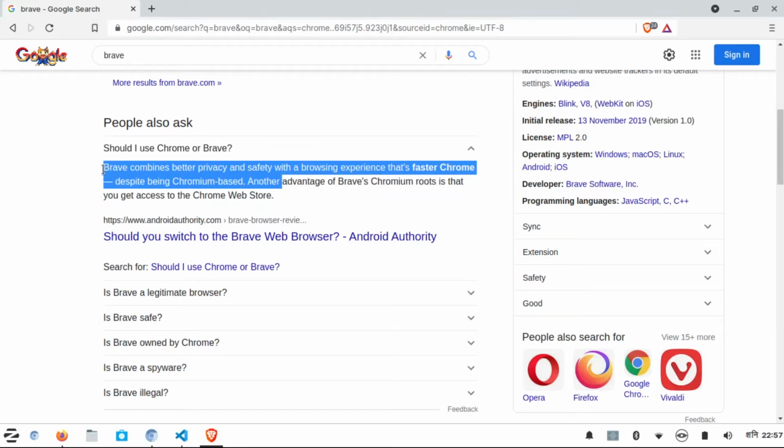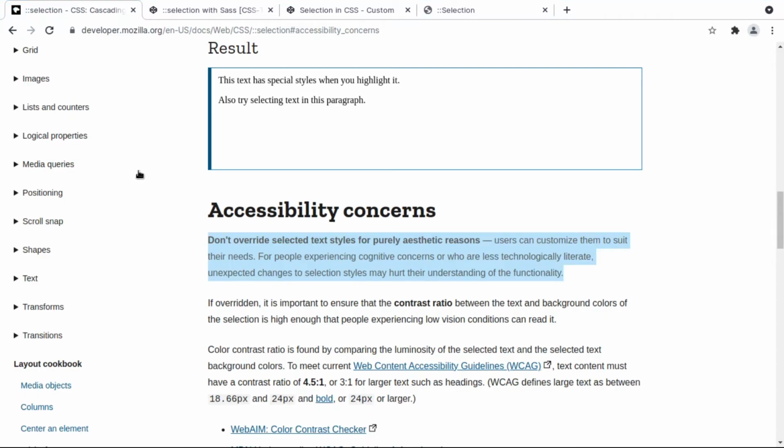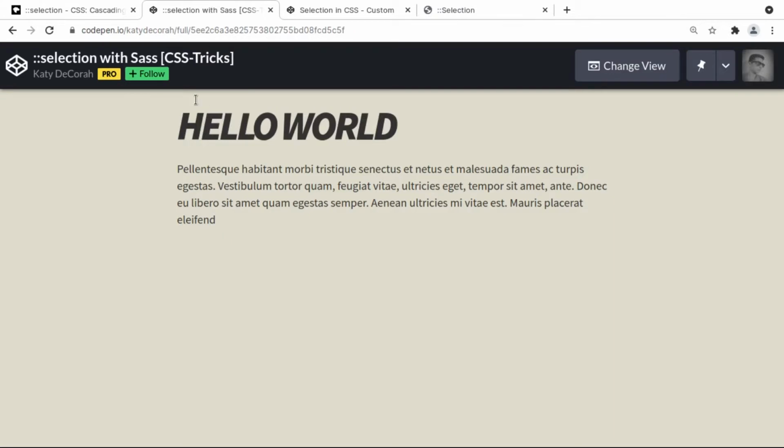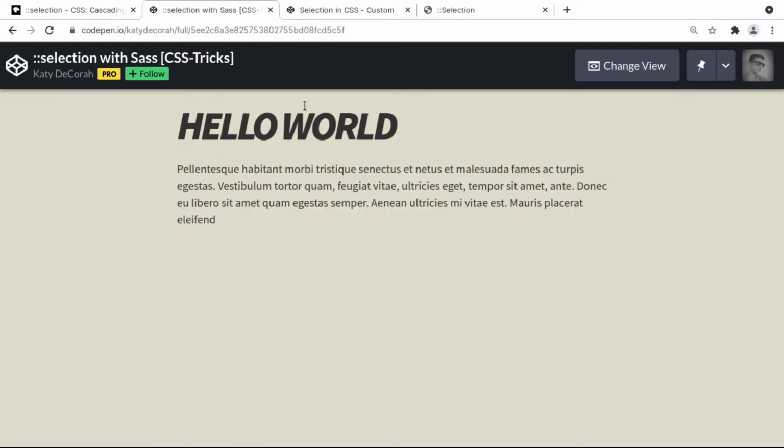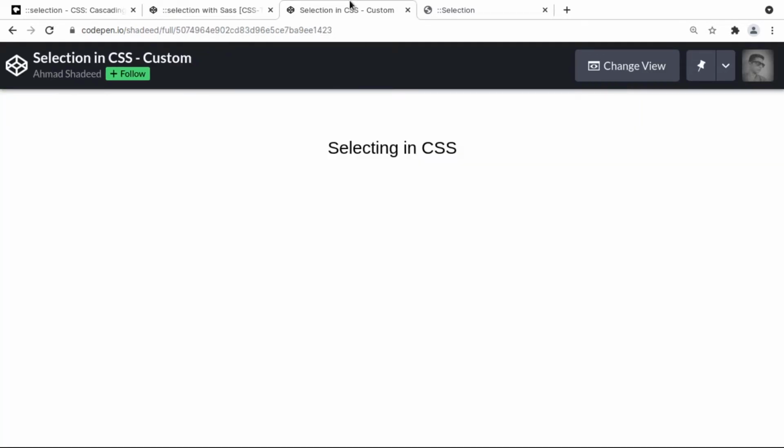And we are not limited to this, we can take things further and highlight the text like this, with a beautiful shadow and with the background color and the text color. And we can also take things even further and style or select the highlight like this, with a beautiful animation going on in here.